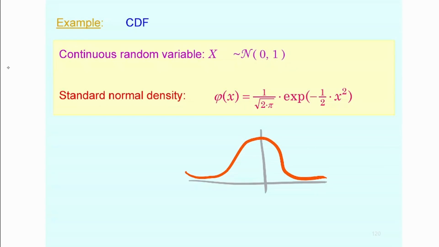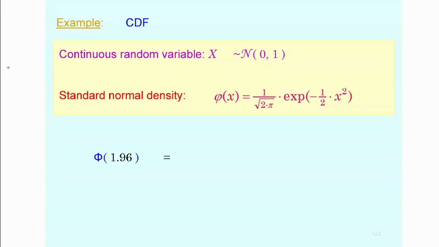And if you want to consider the cumulative distribution function at a certain point, let's say at point k, that would correspond to the area of the density from minus infinity to k. That's also worth mentioning. Okay, so the cumulative distribution function of the standard normal distribution is denoted by capital phi in general, okay? I think you've seen this before. And usually it would correspond to the area of the density between minus infinity, in this case, and 1.96.